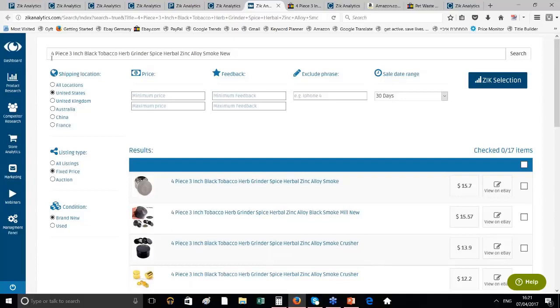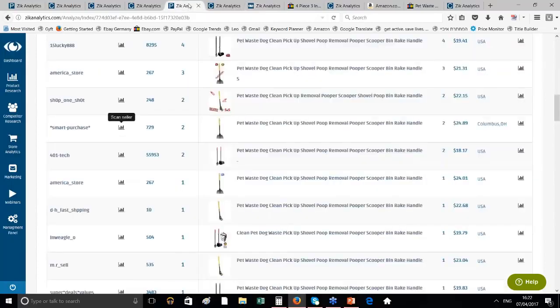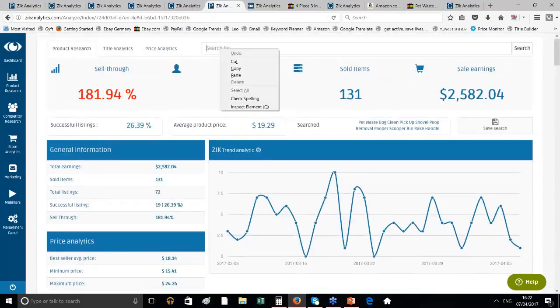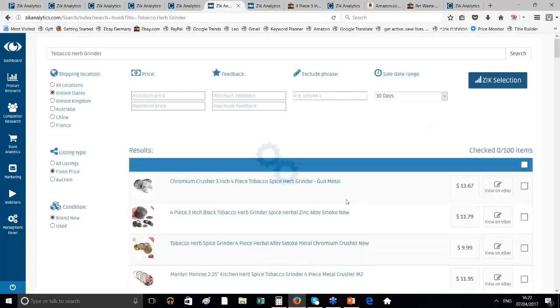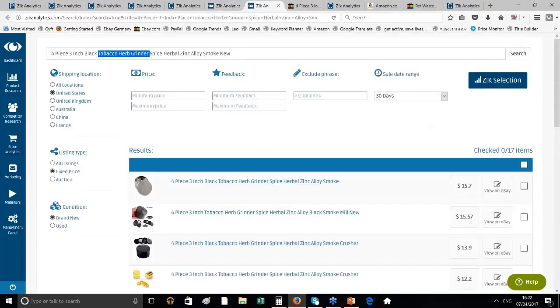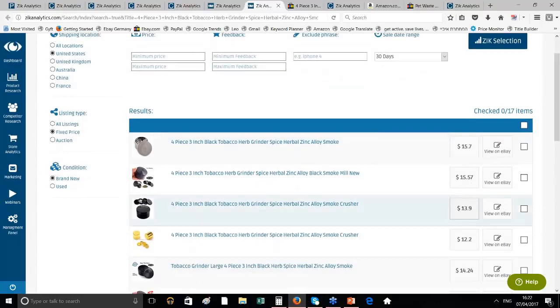Now we're going to check the niche, okay? So I'll go here to understand what is the niche. So the niche is tobacco herb grinder, spice. It's tobacco herb grinder, basically, right? Take the tobacco herb grinder. I open new product research and I let it run. Okay, I click here, all of them. I want to see the whole niche. What is the results of the whole niche? And I will stay here also. On the same time,